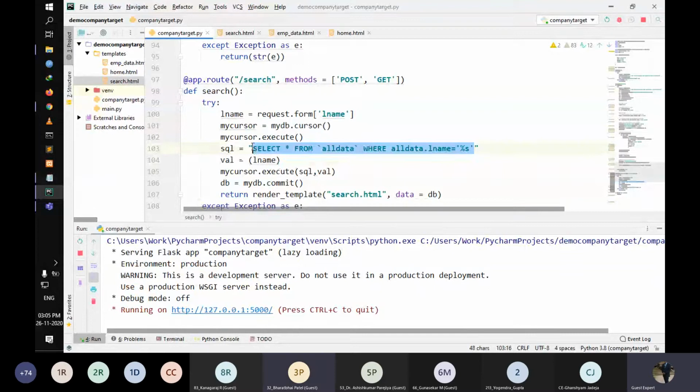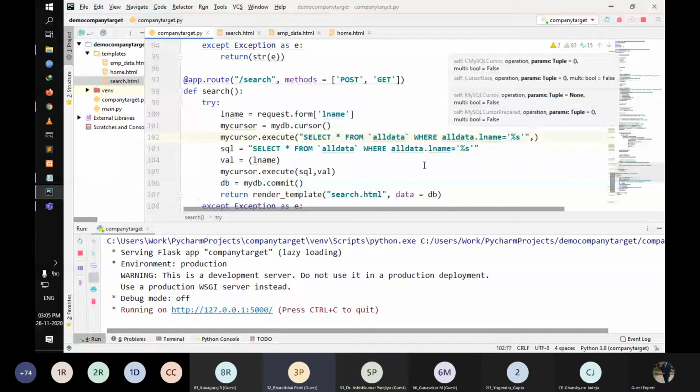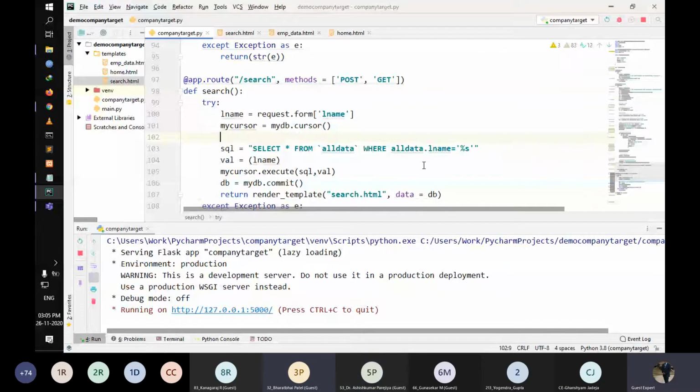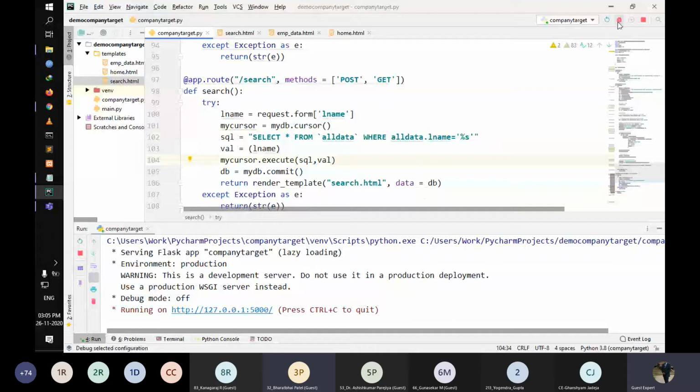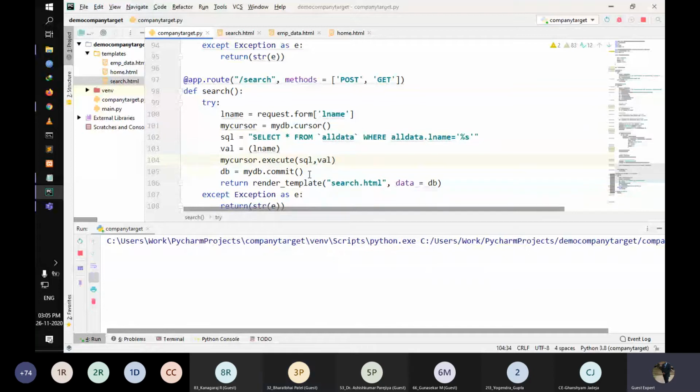Let's try directly writing the hard coded value Satyam in your select statement first, and then test it. Okay, let's try that. You will have an idea about whether it was the percentage. Just a moment, I changed something. I think that might work.